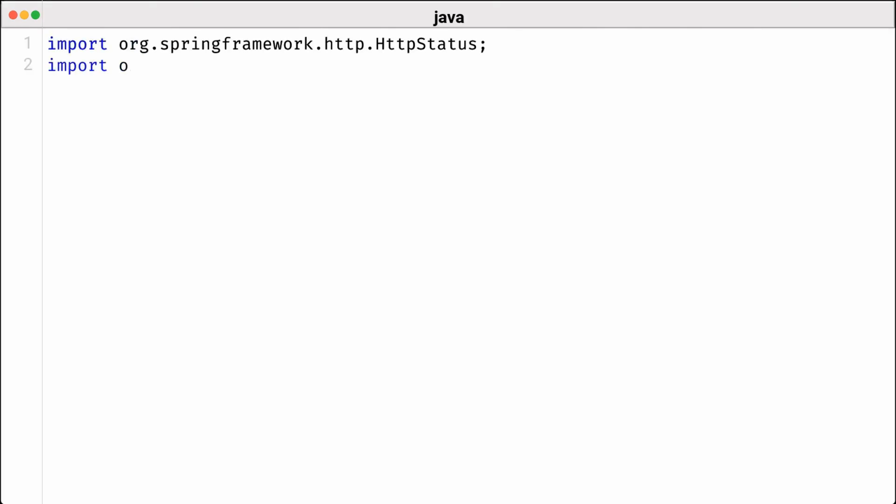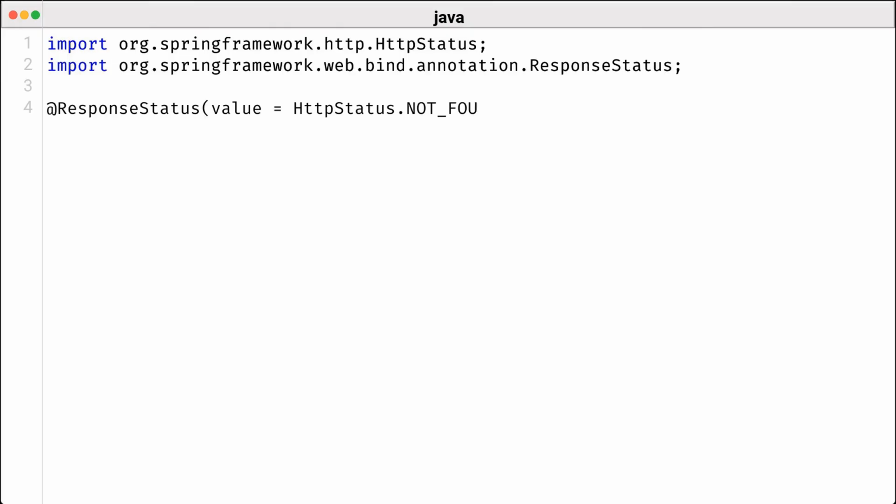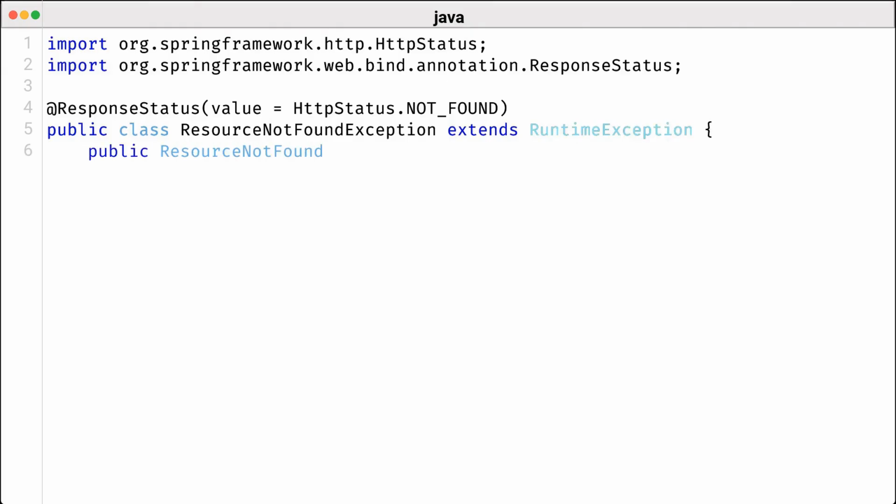We begin by creating the ResourceNotFoundException class, which extends RuntimeException. This custom exception will allow us to provide specific feedback when a resource, like a book, cannot be found. By annotating the class with @ResponseStatus(HttpStatus.NOT_FOUND), we instruct Spring to return a 404 Not Found response whenever this